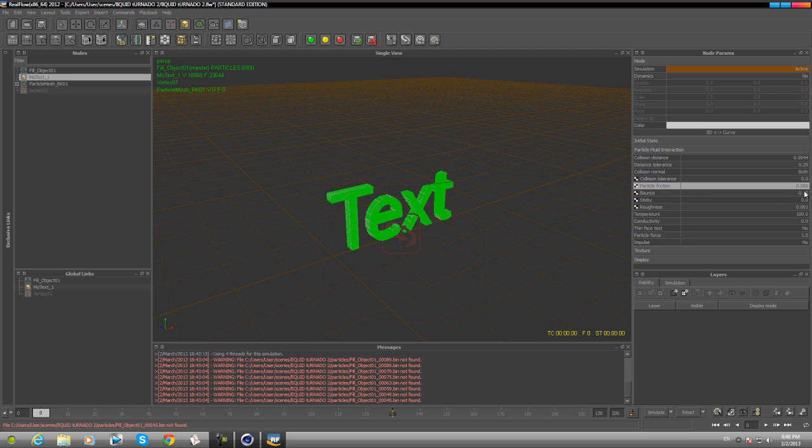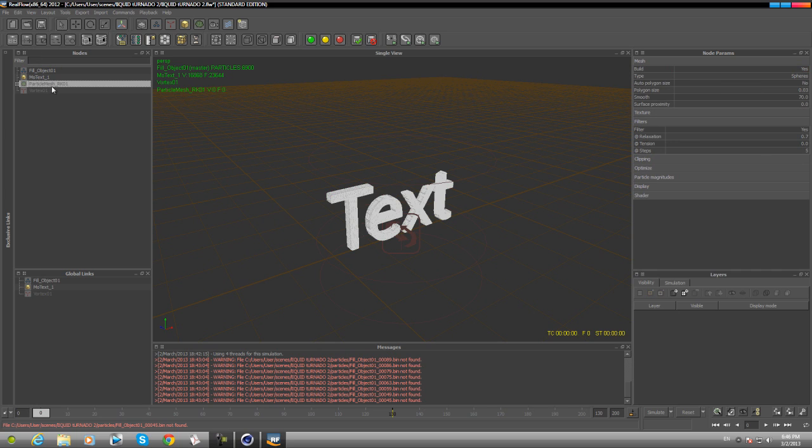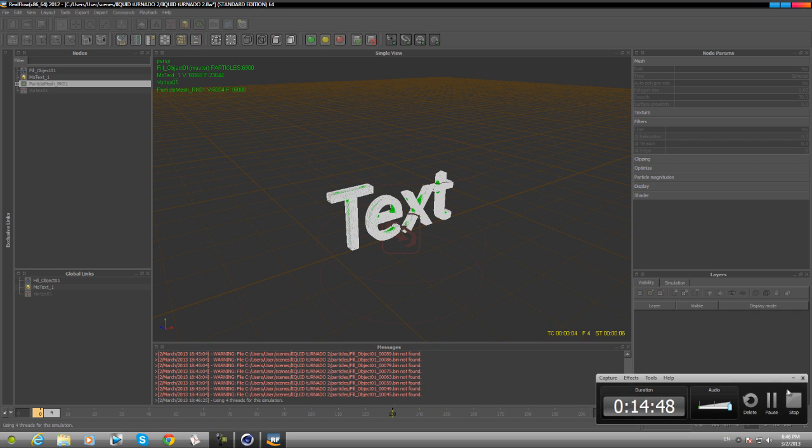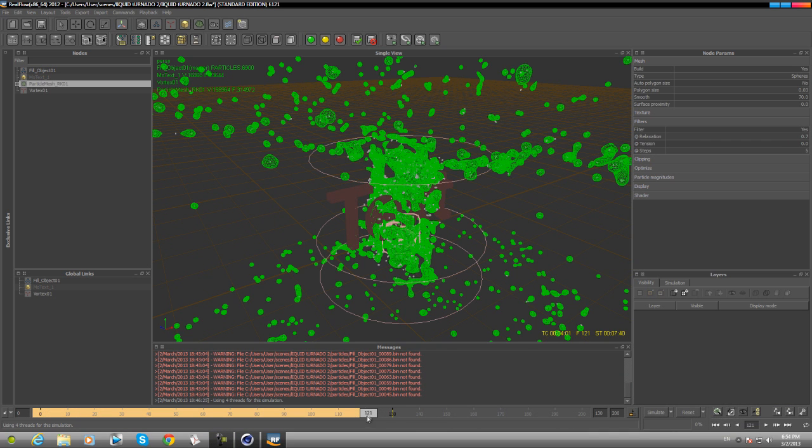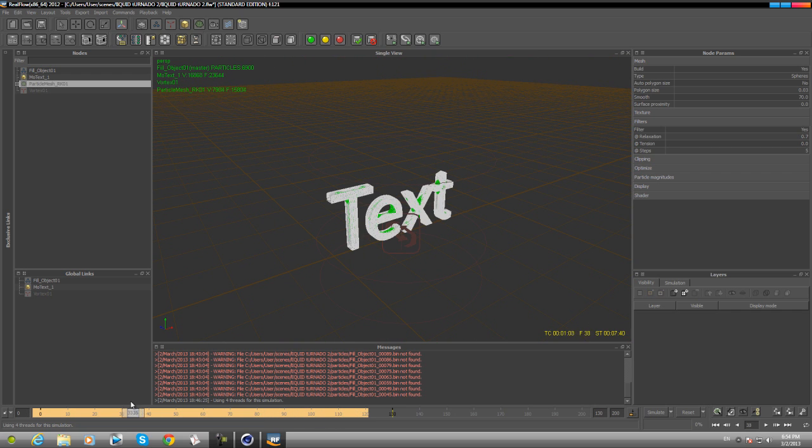And yeah, that's pretty much it. Now we can select our particle mesh and go to frame 0 and just hit simulate, and it's gonna simulate and build meshes at the same time. Okay, and I will be back once it's done. Okay, so once you're done meshing and you like the result,